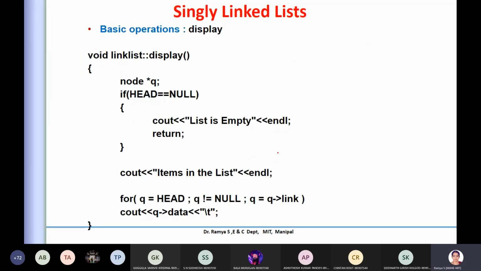This is very simple. Here you're trying to do the display of that. Display is very simple. Initially you're just checking whether there is no node. You just created the object, but there is no node at all. So this is the null value, because always you create a header with a null value. So it is empty, so you have to print that here.